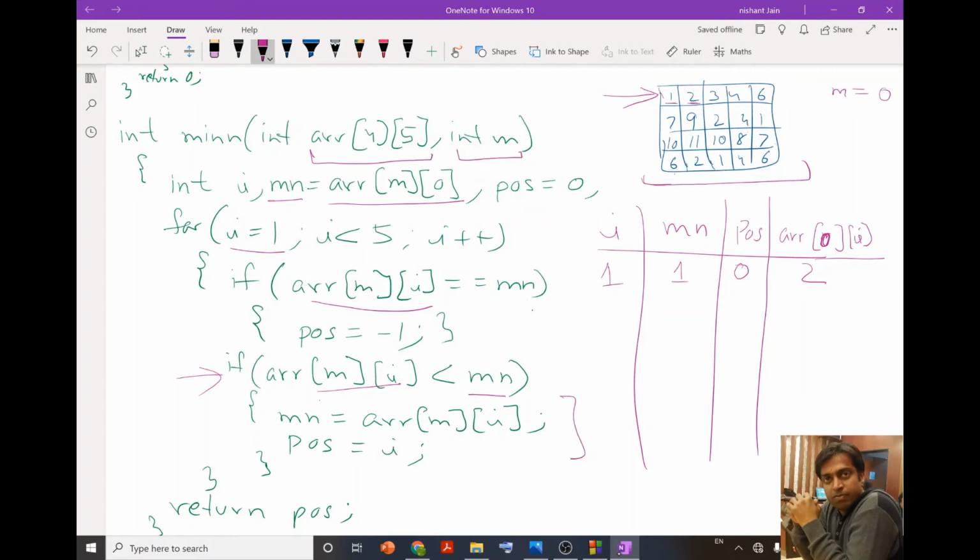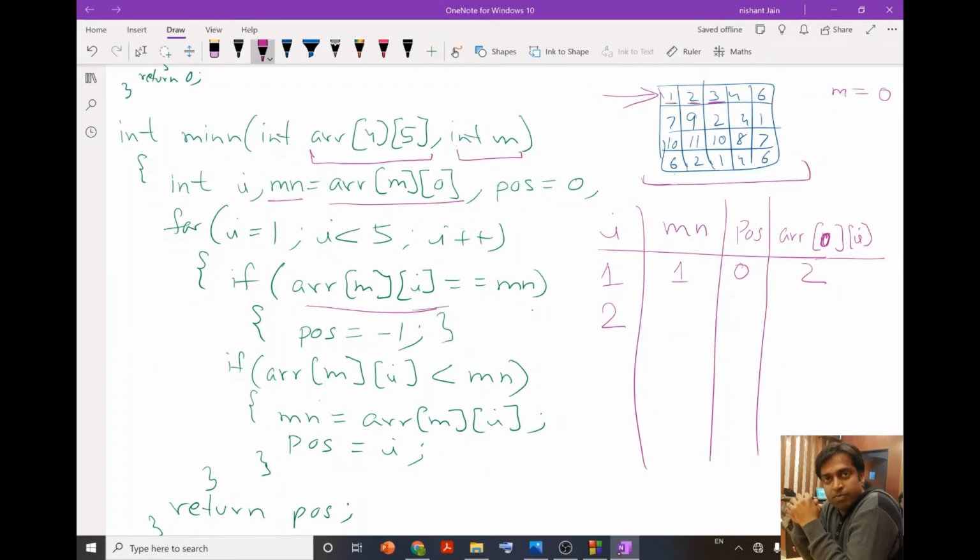We will go to the next value of I, which is 2. Now we will check this array, m is 0, so array 0 2 is this 3 value.